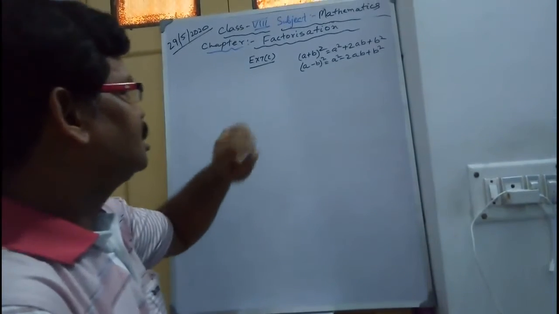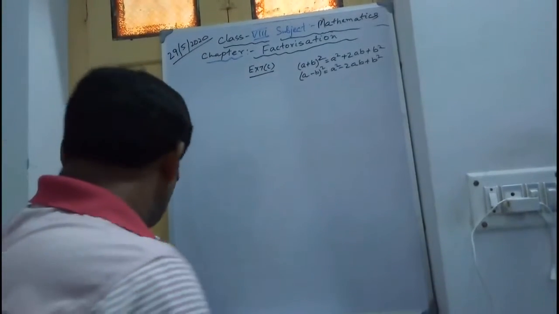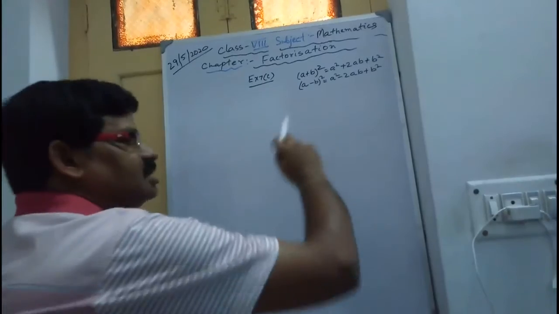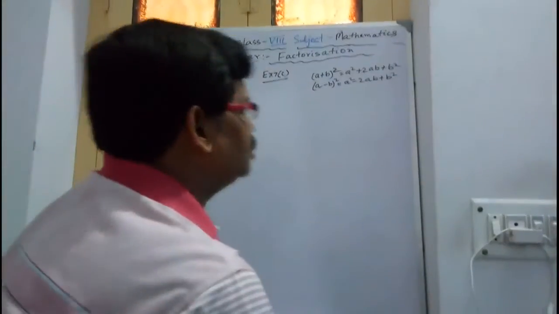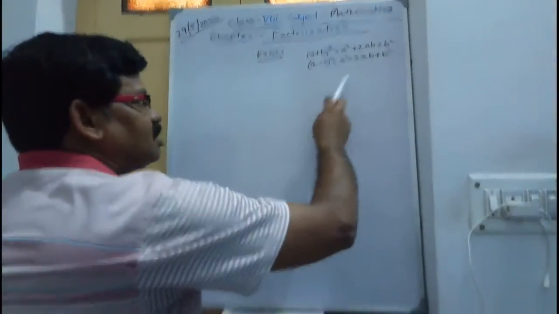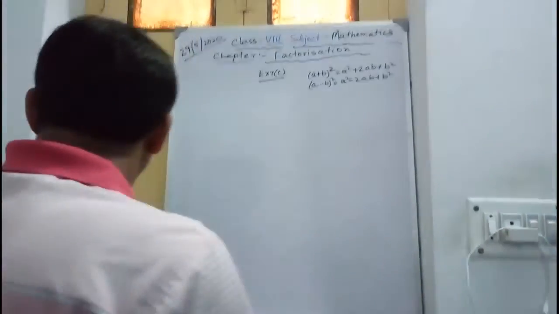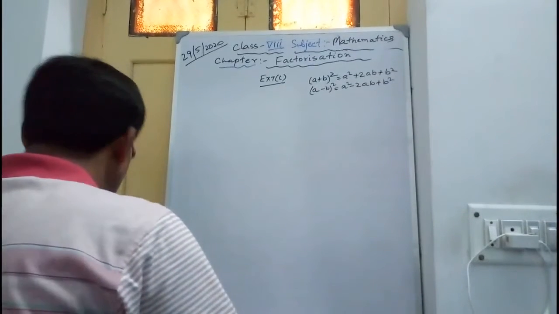Exercise 7C. In this exercise, all the sums are related to these two identities. One is (a plus b) whole square, another is (a minus b) whole square. So, see sum number